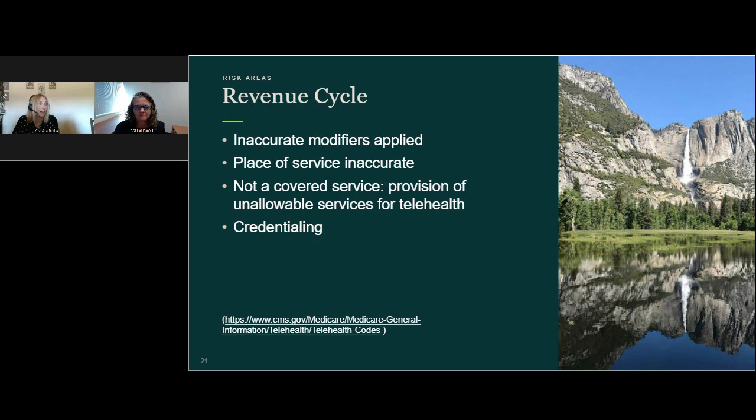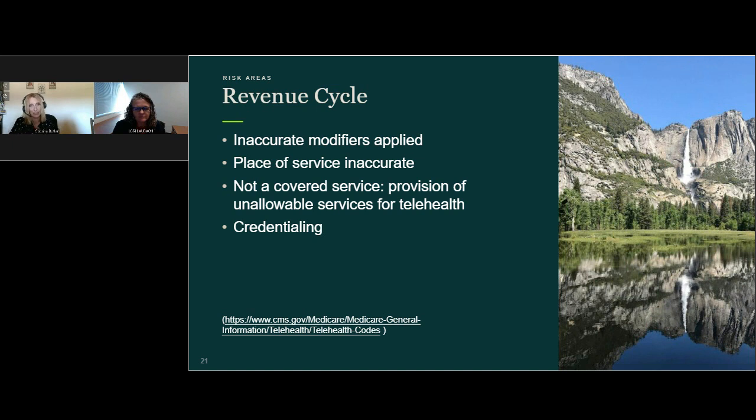Yeah, so I think here we're seeing a lot of misunderstandings. Should I use the GT modifier? Should I use the 95 modifier? What should I do for the place of service? Should it be 11? Should it be place of service 10? And I think that as we've evolved through the pandemic, we've seen some of this